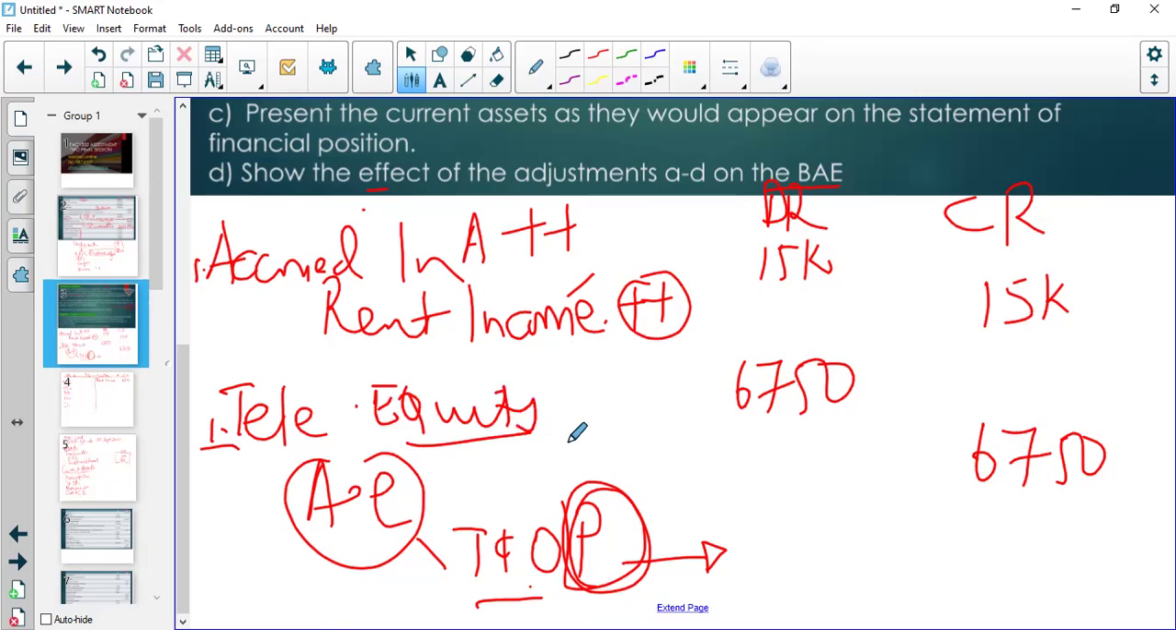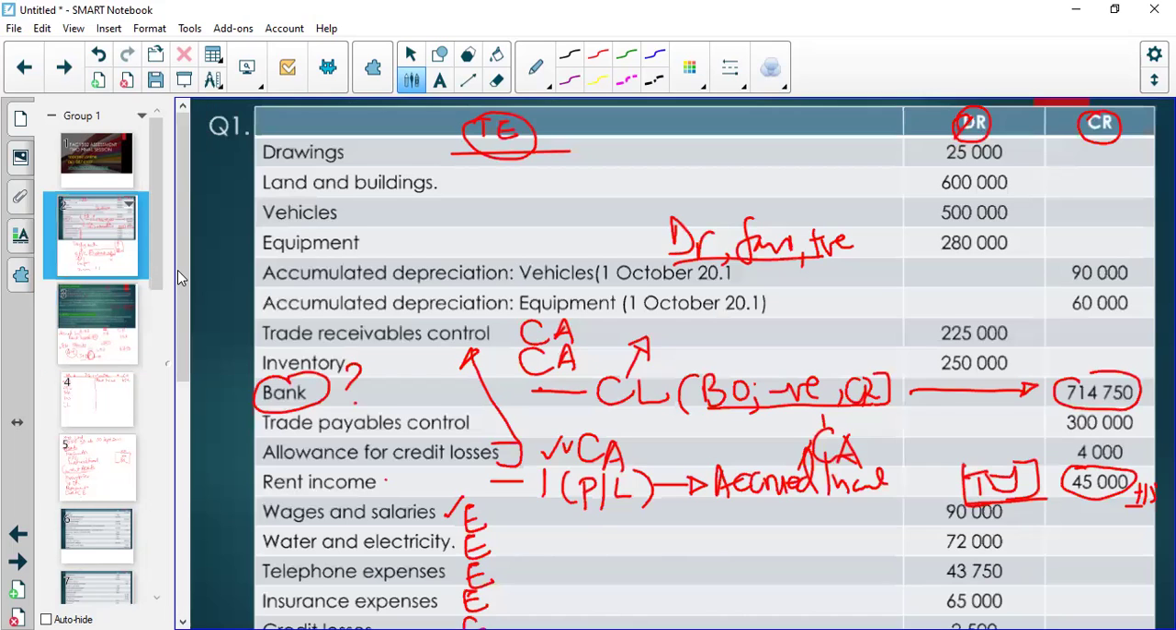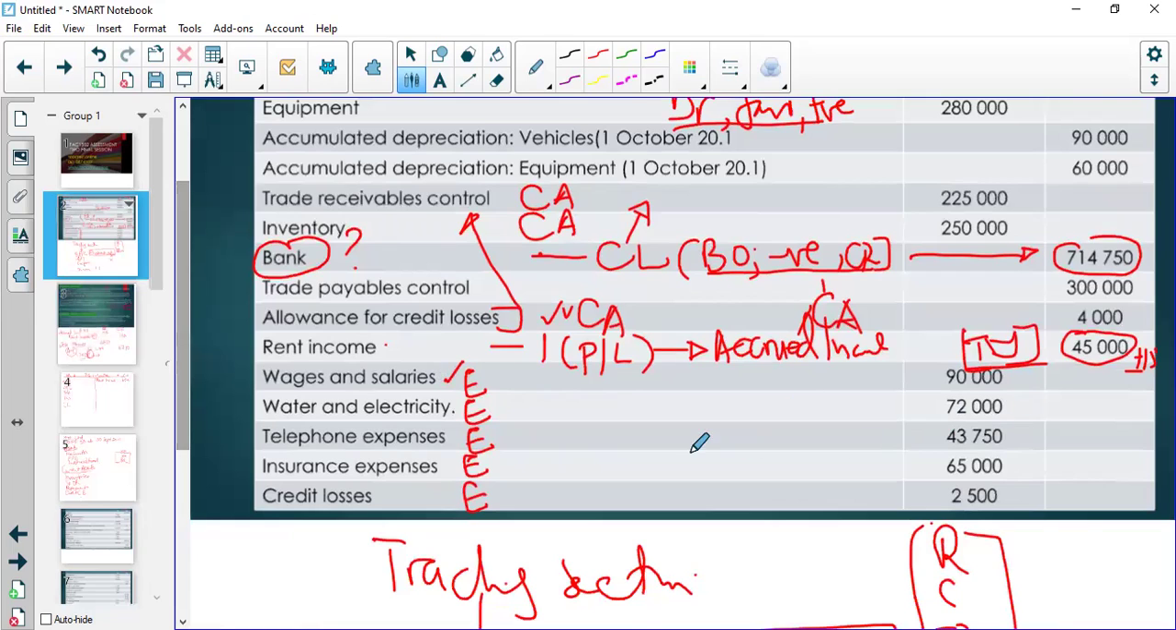So an expense has increased, that reduces our profit, that reduces our equity. Accrued expense is a current liability, so our liabilities increase. So if you come to your telephone, you're going to adjust your telephone by telephone expense by 6,750. And if you combine those two, right,